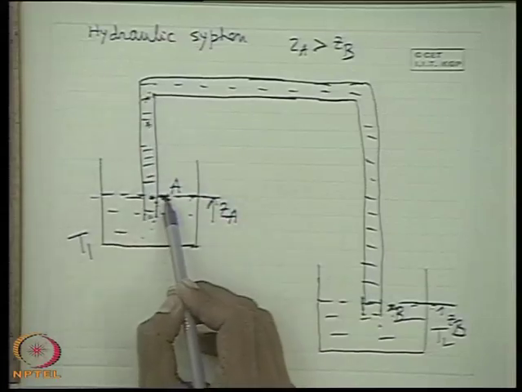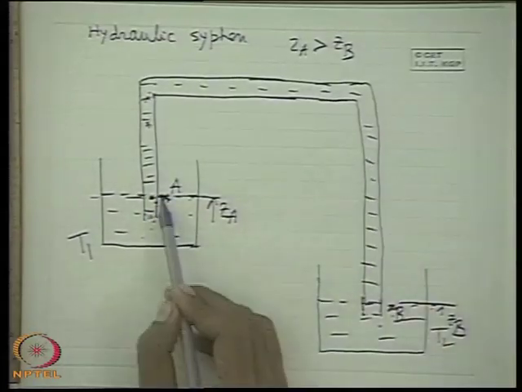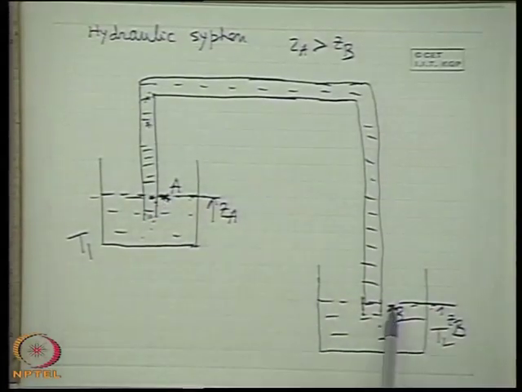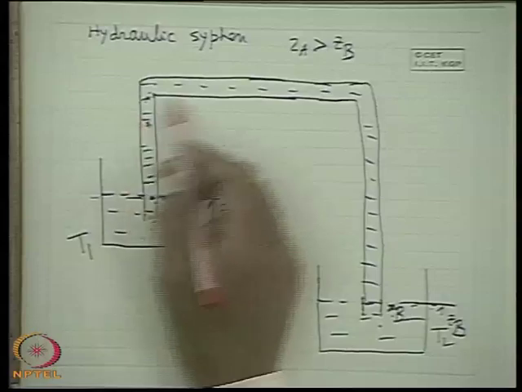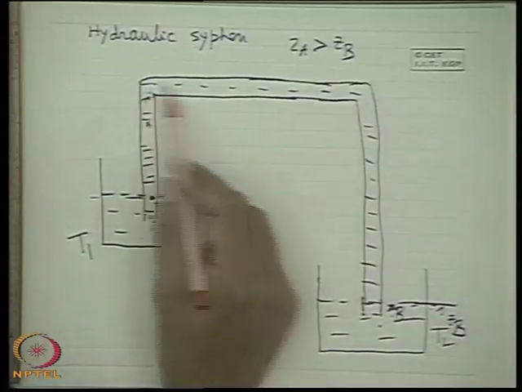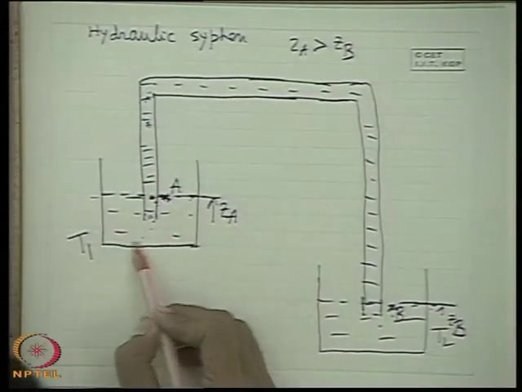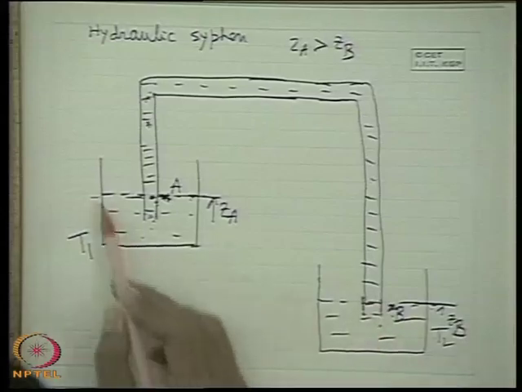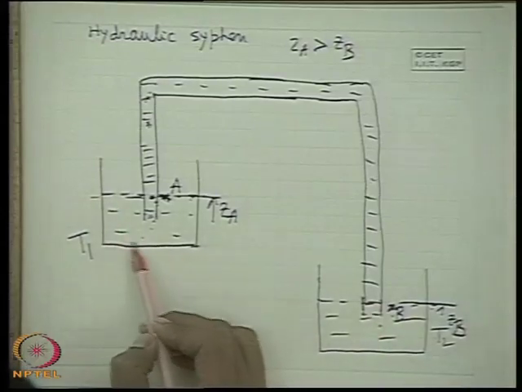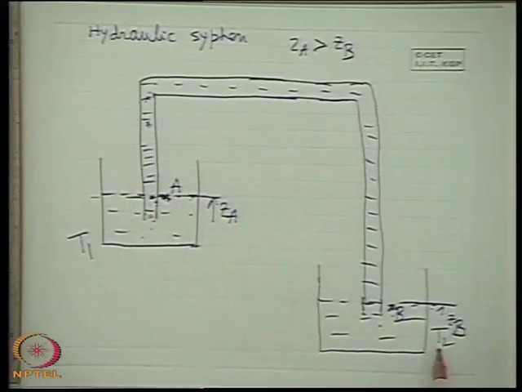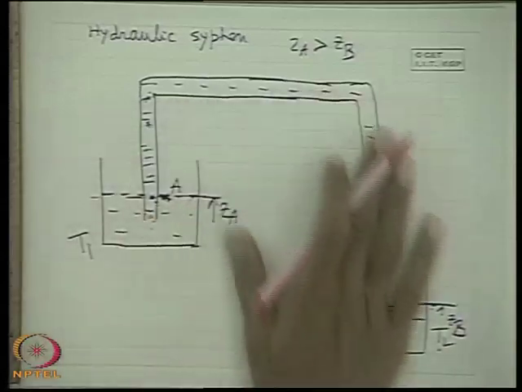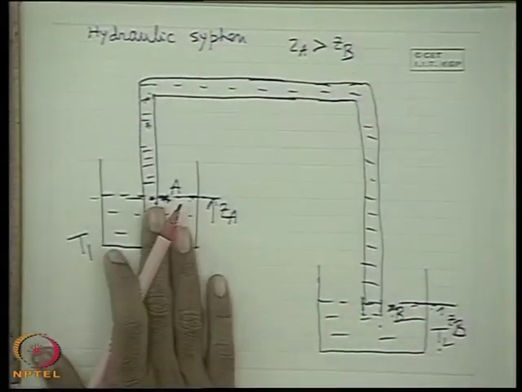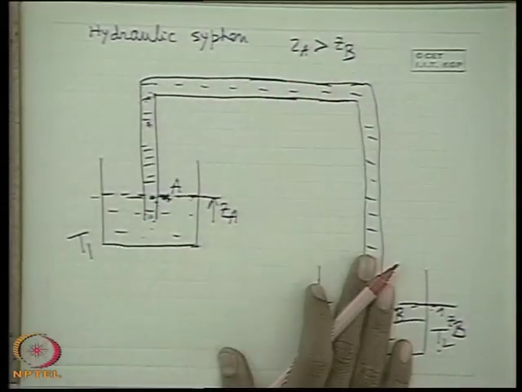So, as a whole, if you consider the flow with the entire circuit, flow from this point to this point is very much possible. Now this is the siphonic action. If you consider the phenomenon, the liquid is flowing out of this tube, and if you continue it, the entire liquid will be coming out. That means this tank will be emptied, so that all the liquid in the tank can go from T1 to T2. So, physically there is no bar, it is totally possible from the physical point of view.